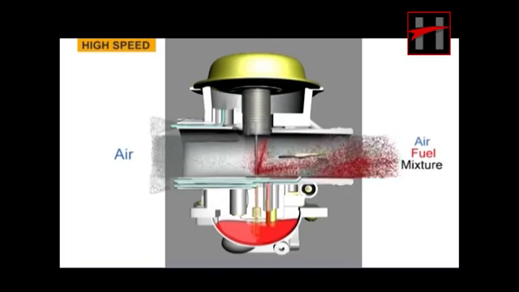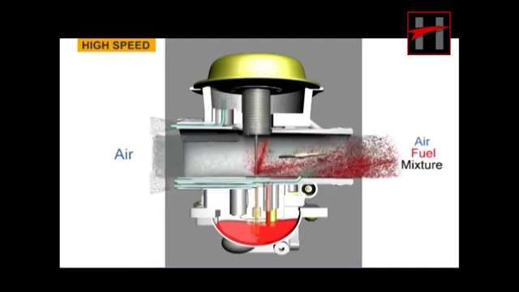As you can see, the butterfly slide valve is located after the piston valve and is controlled by the throttle cable. When the butterfly slide valve is opened, velocity of gas in the passage increases due to the suction of the engine and pressure drops at the venturi area. When the pressure drops in the venturi, the pressure in the upper chamber of the diaphragm also drops due to the hole provided in the piston valve connecting the upper chamber to the venturi.